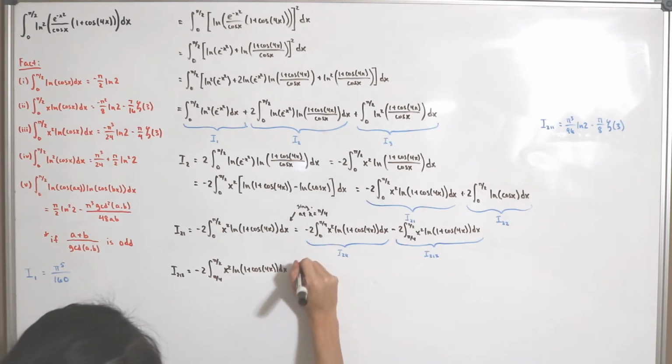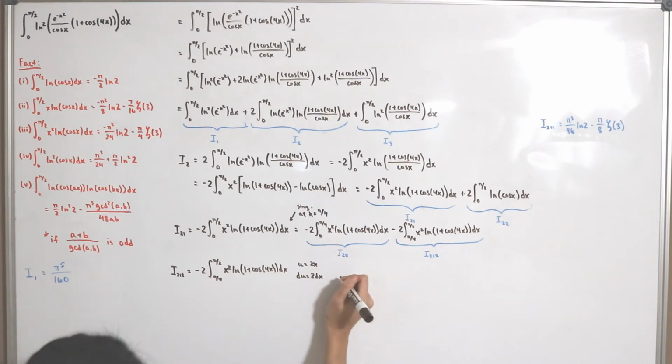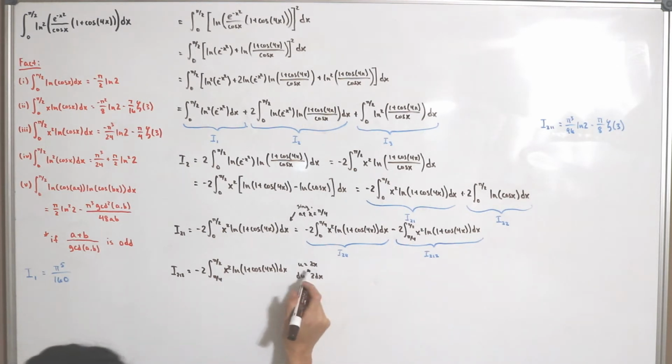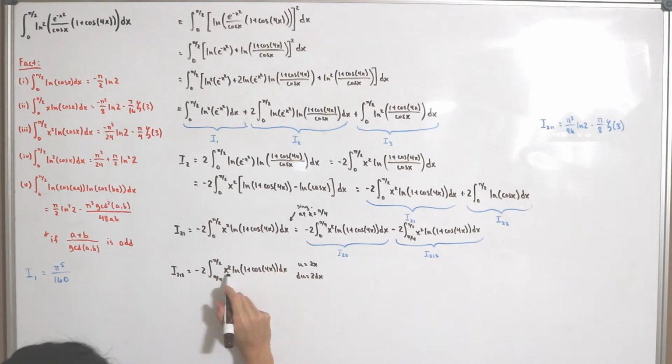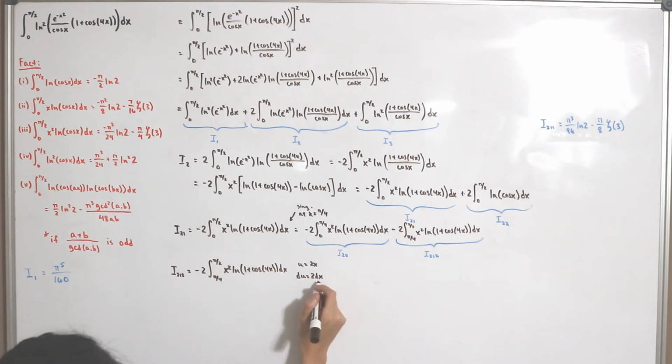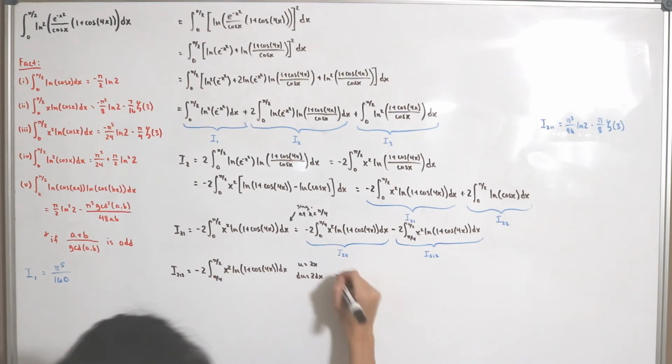So let u equal 2x, then du is equal to 2 dx. Okay, so now we want this in terms of u. Solving for x, I just divide by 2, so x is equal to u divided by 2. I plug in x equals u over 2, so we get u squared over 4. I factor the 4 outside, so we get negative 2 divided by 4, which is negative 1/2. But there's also our 2 dx for substitution du, so I just divide that by 2. And so we get negative